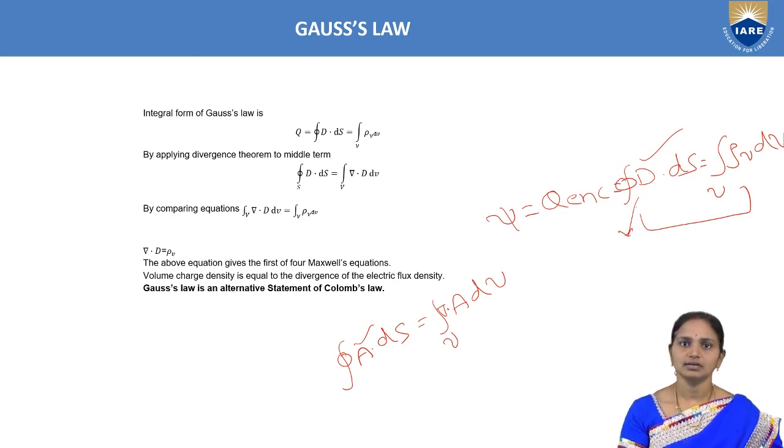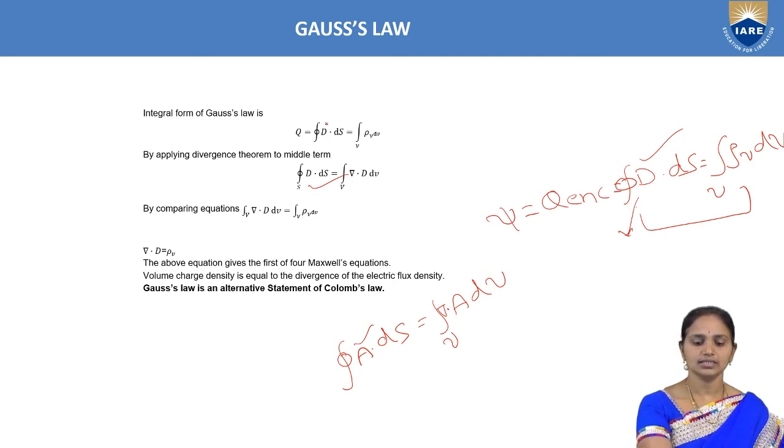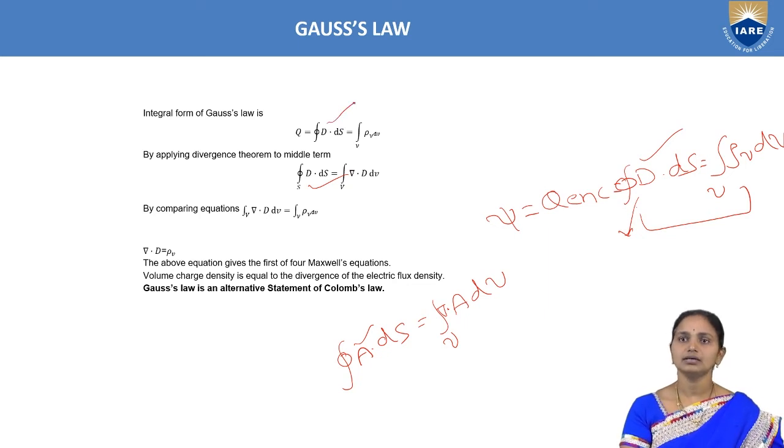In that way we can link surface and volume integrals. Here, if you apply the same, our vector is D. The integral of D dot dS over the closed surface will be the result by applying the divergence theorem. Integral D dot dS will become del dot D dv over the volume. So now we can replace the integral D dot dS, this second term, with del dot D dv.